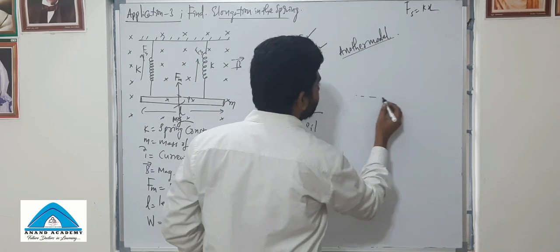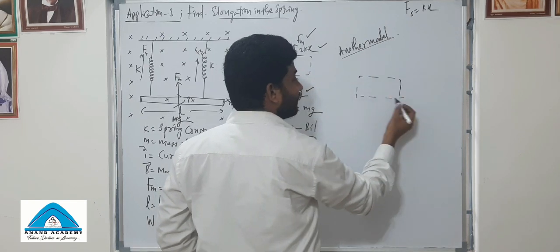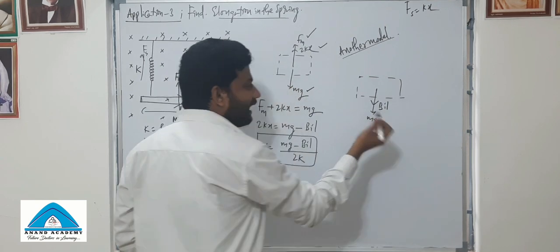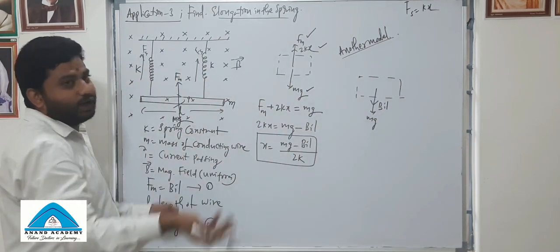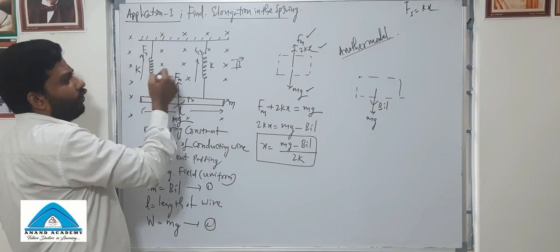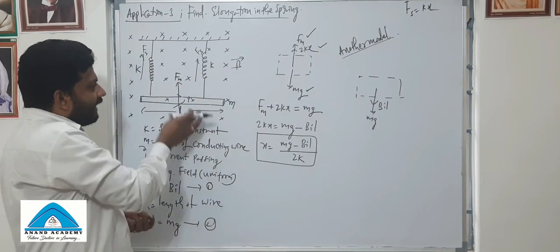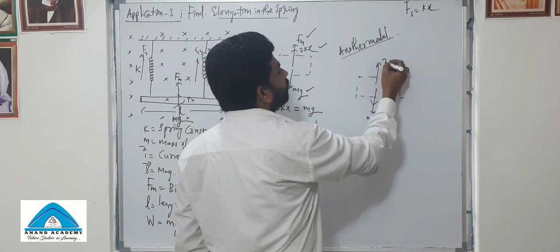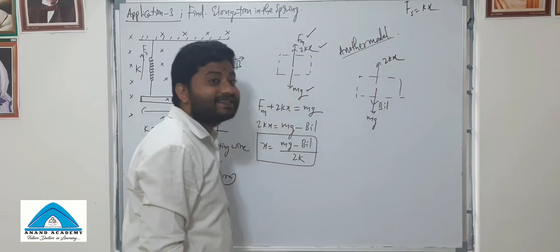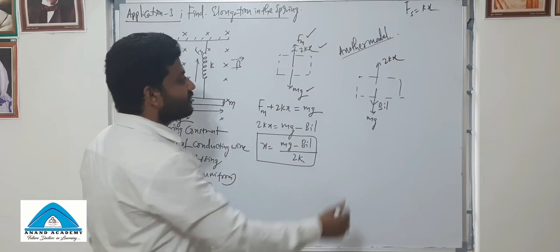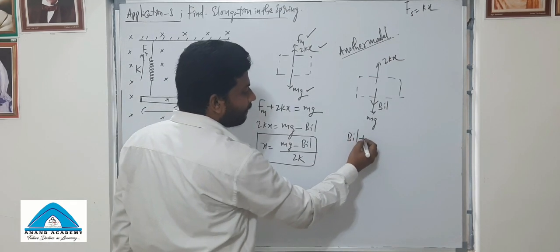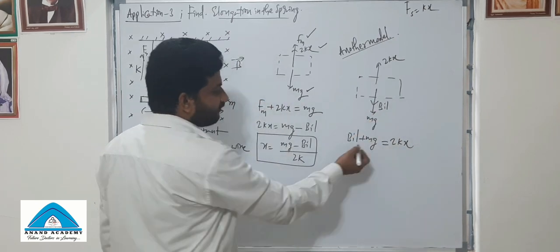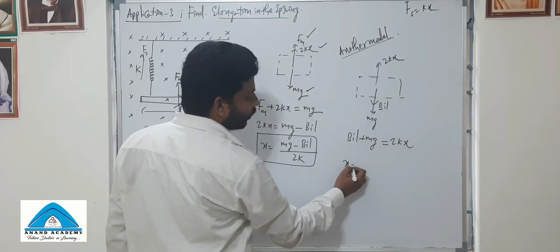So this is the system here. Weight mg and force BIL are in the downward direction. Now weight will not be changed. The spring force is independent of the magnetic field, right? When the elongation is downwards, the spring force will be upwards. The spring force is 2kx. In this case, how will we find the elongation? BIL plus mg, the downward force, is equal to 2kx, and from here x is equal to